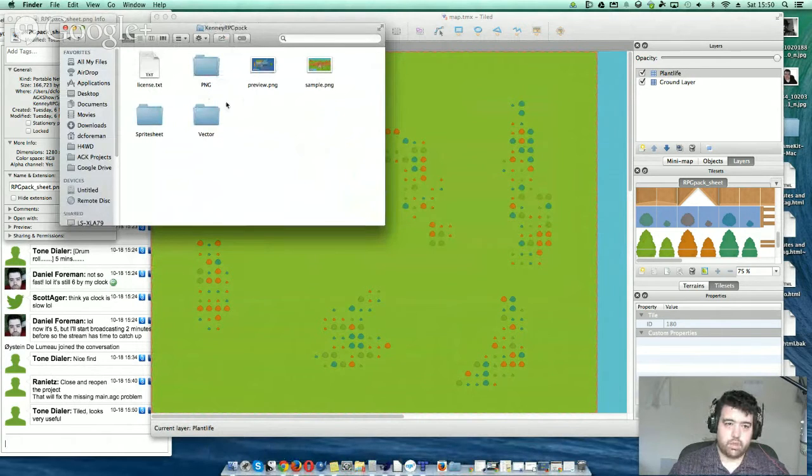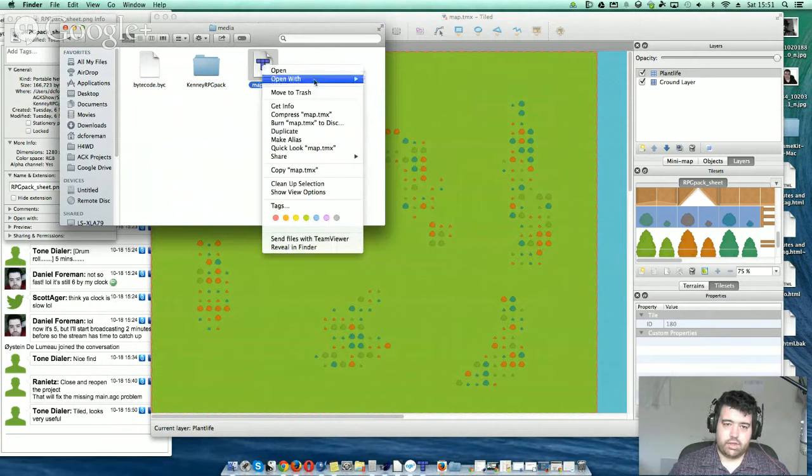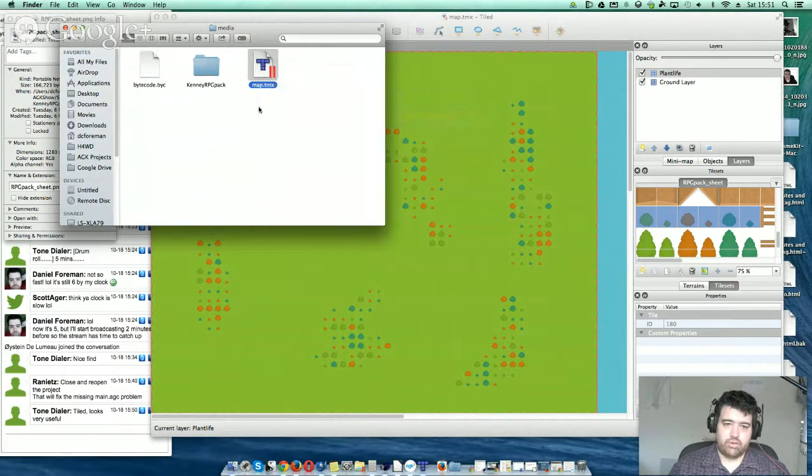Now, which one am I in here? Because I did, right, so I'm in the right one, aren't I? Map, there we go. Map.tmx. Now, if I right click, what I actually want to do is open this up in Bluefish, which is